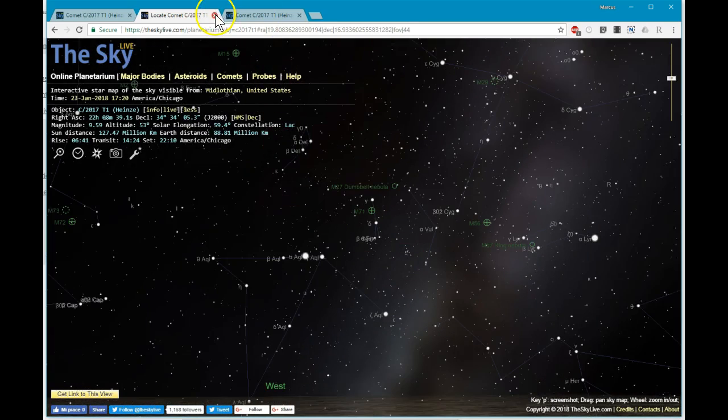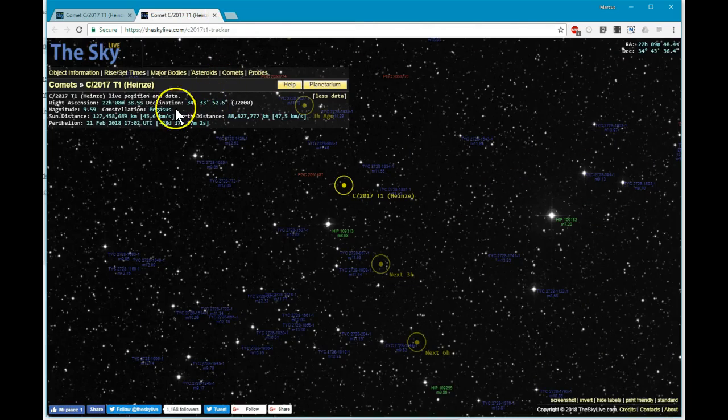The other one I'm interested in is the live view, and this one is a lot more precise. This is where information is more useful. So it has right ascension and declination, and it tells us that right now it's associated with the constellation Pegasus. And if you notice, these dates or these distances and times are changing. So this is live. This is actually moving, and you can see that it's getting further away, and the distance